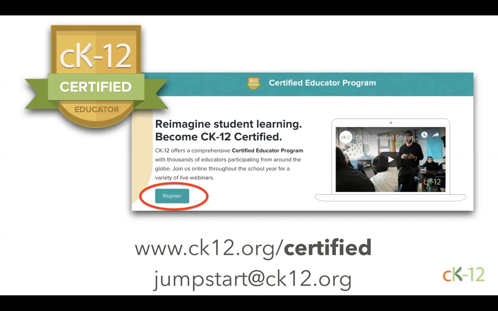Transitioning to some broader CK12 business here, we do have a certified educator program. You may have heard about it. We run the bulk of this in the summertime. It was in July 2019, this past summer. But we have webinars throughout the year that qualify toward the certified educator program. This breakout session on LMSs is not one of our core offerings, so it doesn't count towards certification.